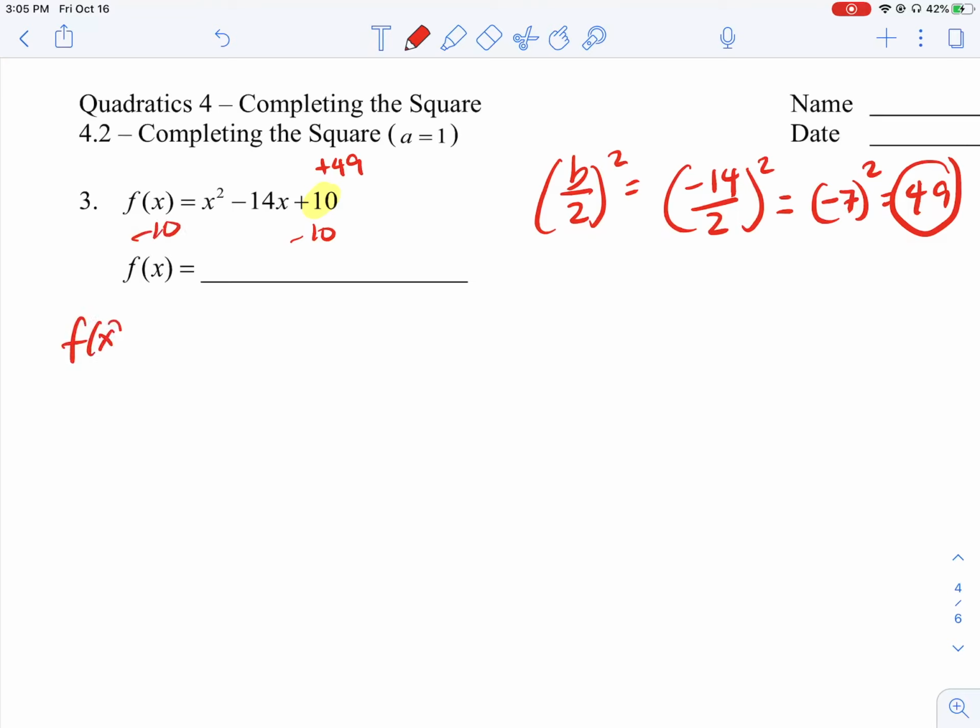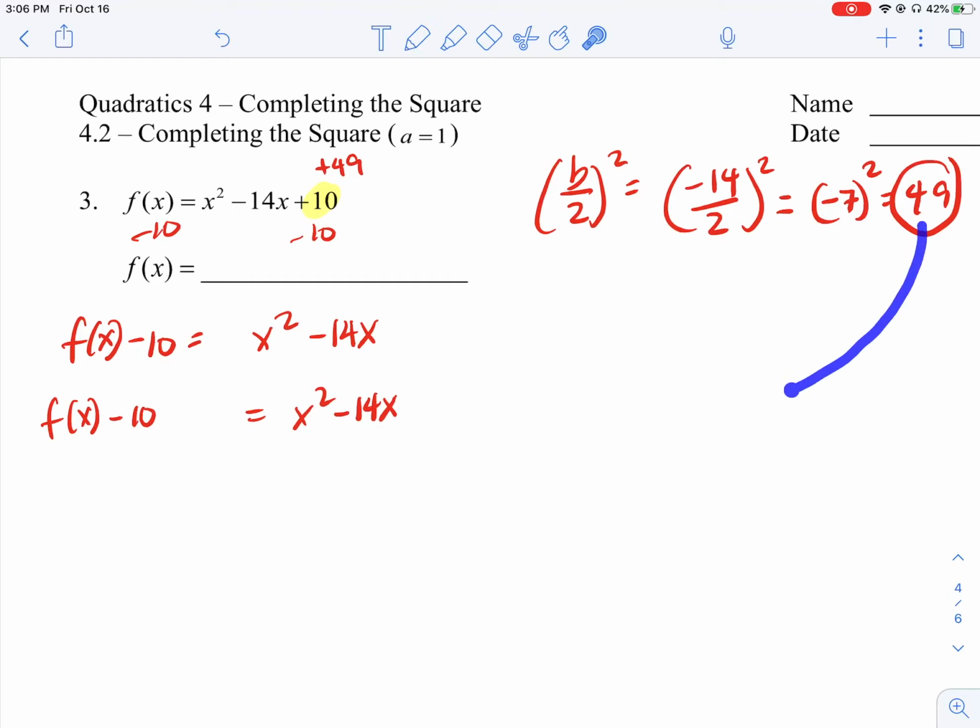So we have f of x minus 10 equals x squared minus 14x. And now we have a space for the 49 to come in, plus 49. And whatever I did to the right, I will do to the left. So you have f of x plus 39,